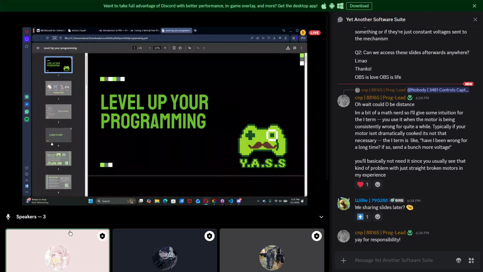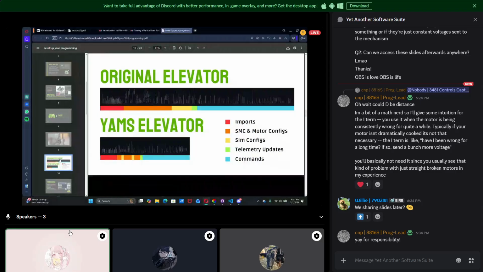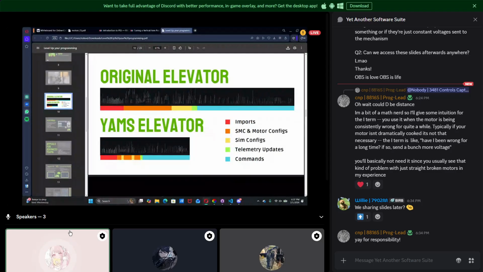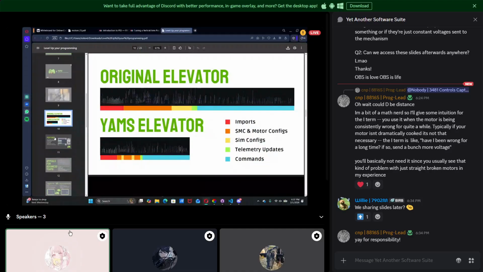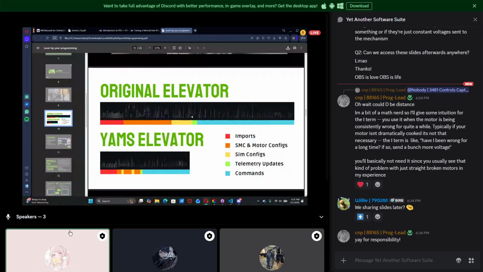So this slide is already sent out here. It talks a lot about YAMS. This is what we use to program, kind of, present about. This is crazy though. If you haven't used YAMS yet, you should, because this is our original elevator code for